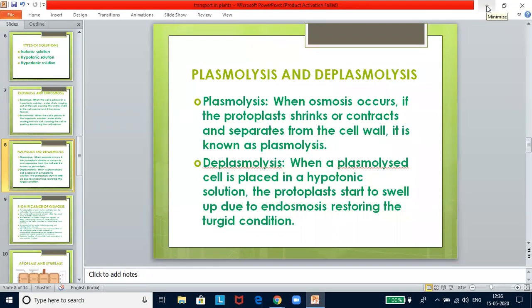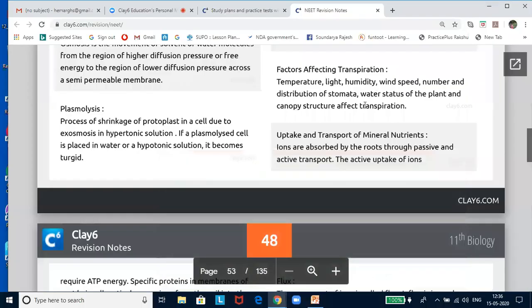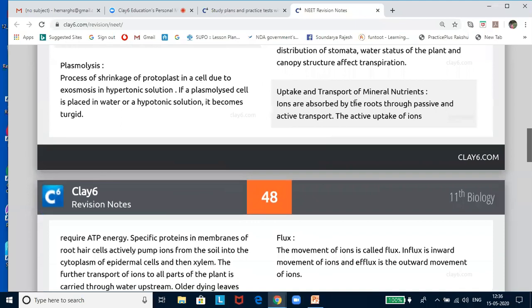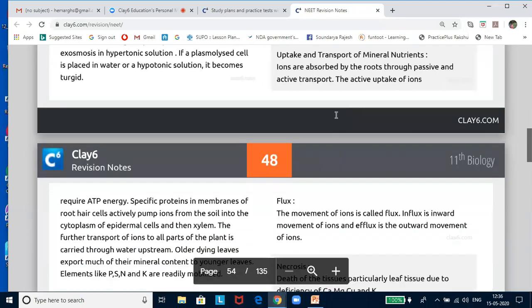So these kinds of definitions they might ask you, and then they might ask you to identify the correct definition, or they will frame such a question. You should know the meaning of these terms. Now let us look into